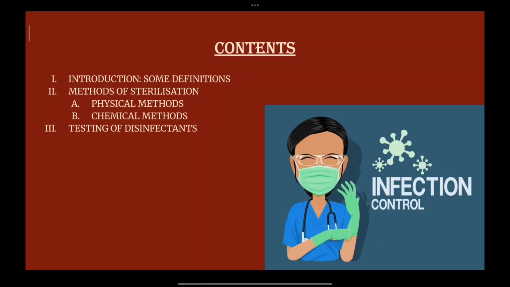We have also covered the methods of sterilization, under which the physical method, which involved sunlight, which is a UV radiation, a natural form of sterilization, and we have covered various other methods like red hot, flaming, and incineration as well. All those topics covered in the previous video will be put into the description. You can check the video and come back here for the second part of it.